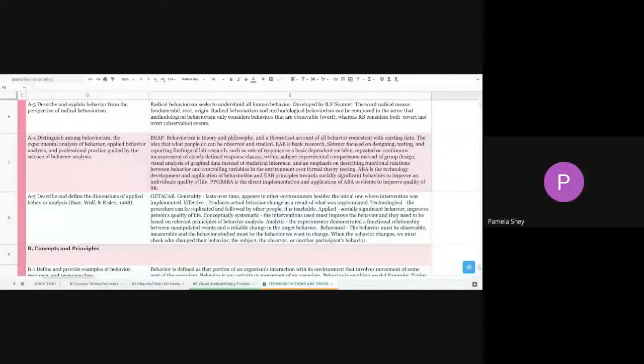Okay. Thank you. Yeah. But typically, for the dimensions of ABA, we want to be able to measure it and be able to observe it. That is ideal, yes. But you do still consider other inner dimensions too. You just can't really put your finger on it and say, oh, I'm going to do this because I think he's feeling sad. Like, we don't really know that. You see what I'm saying?